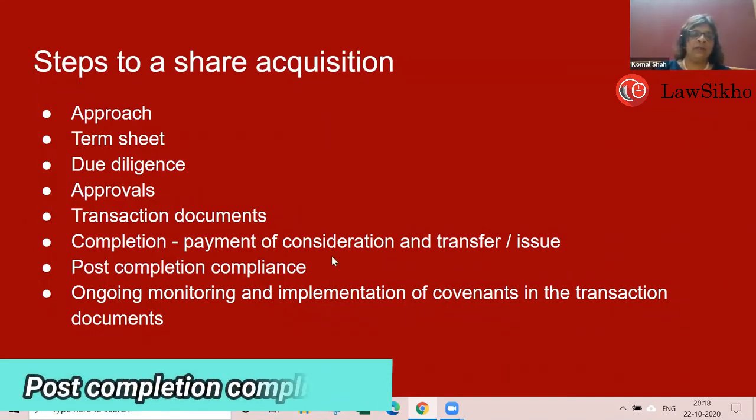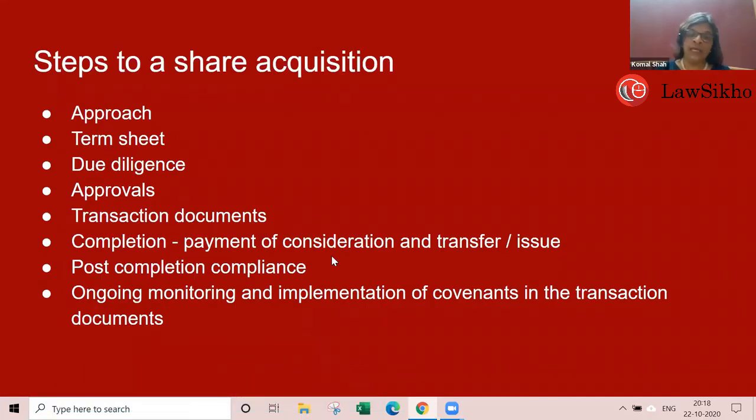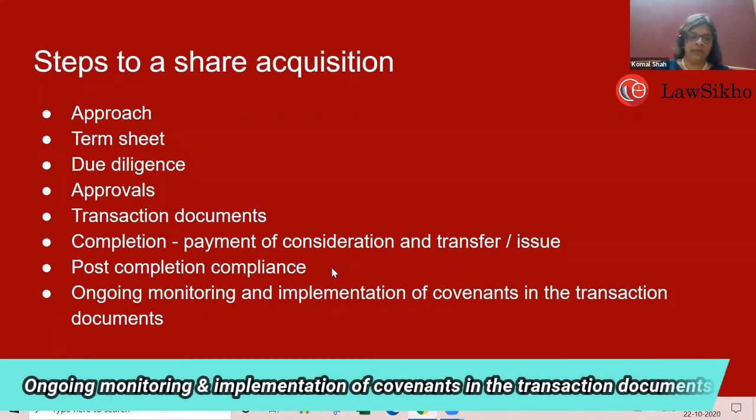And then post-completion compliance: whatever filings you require, whatever changes you need to make in your registers, whatever changes you need to make in your accounts, all of these things will be taken care of. And then once the transaction is completed, everything is done and dusted, you will only have things which are an ongoing monitoring